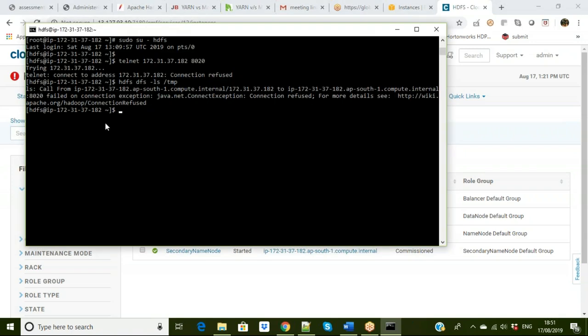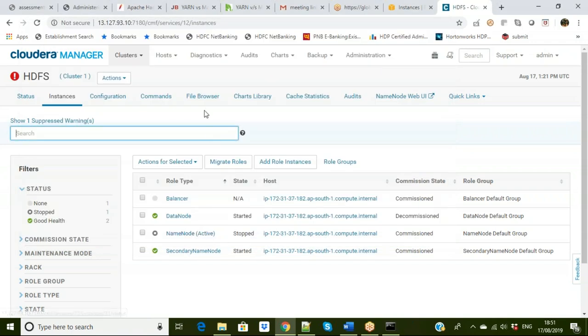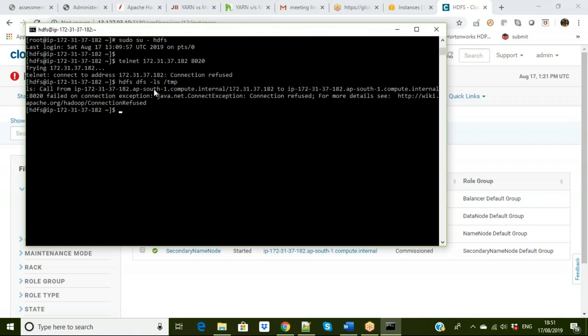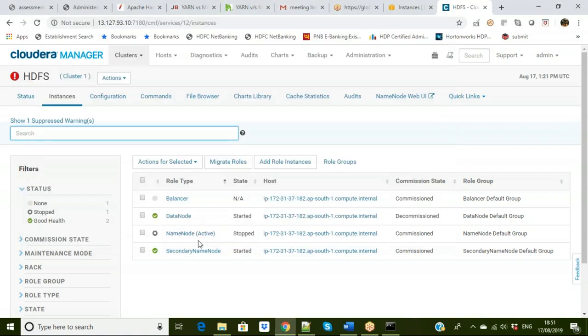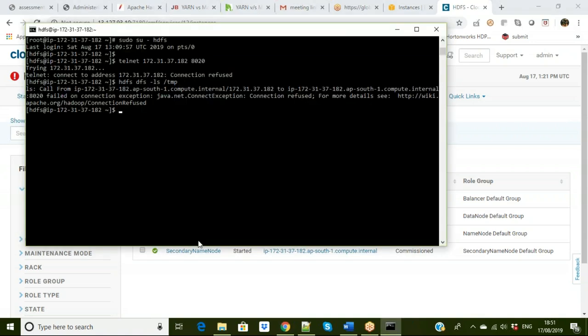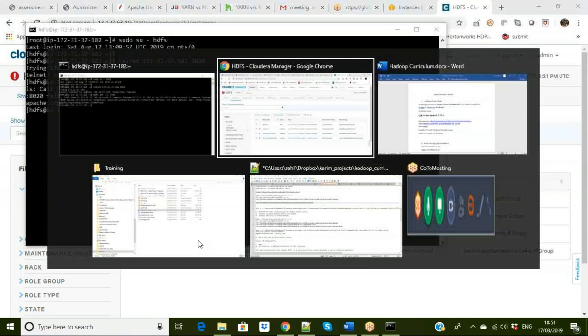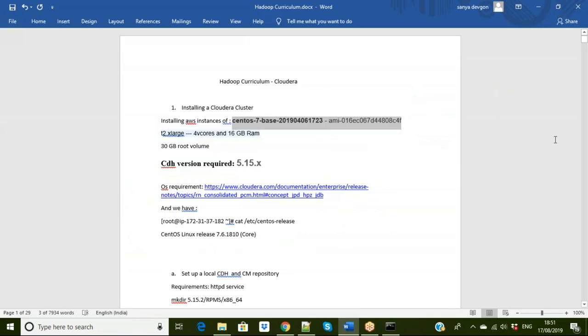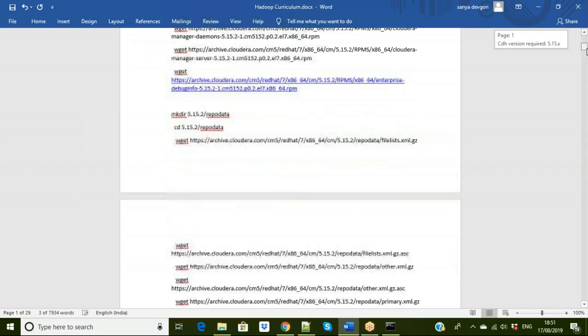Now, to avoid such scenarios wherein you have only a single name node which is active, and whenever this particular name node goes down, actually all your cluster is down, and it's a scenario where the whole cluster is not available and your clients cannot access their data, which definitely no organization wants. To counter this, we have something called high availability,